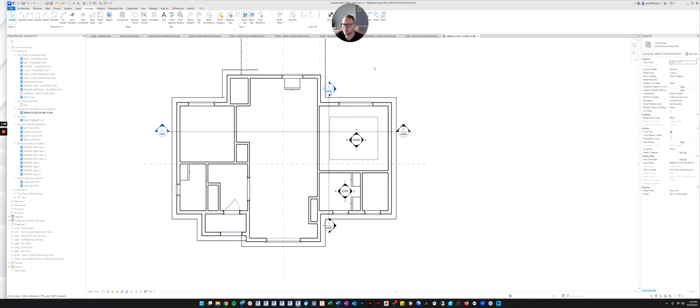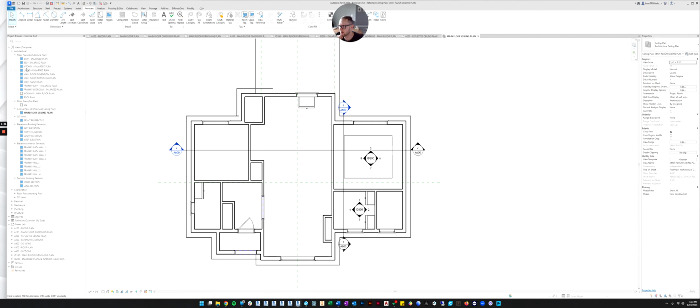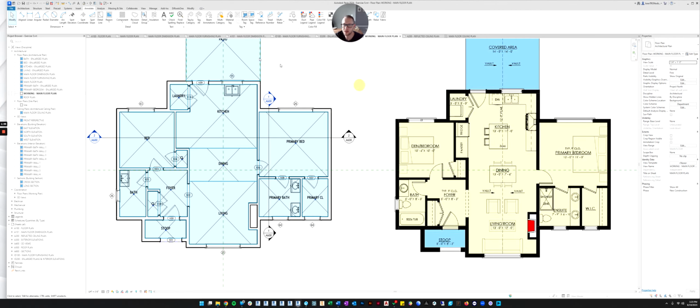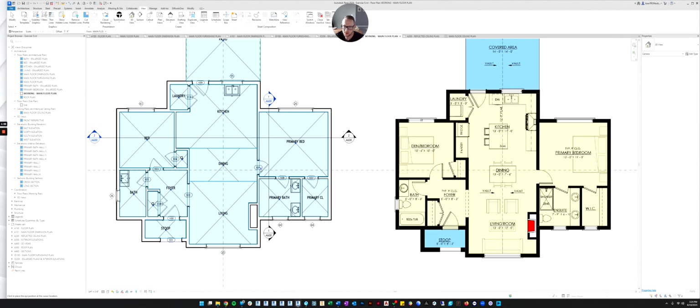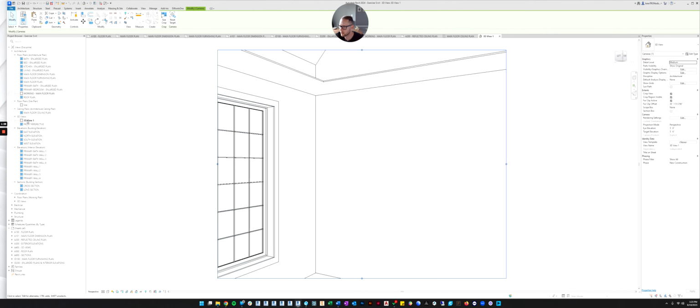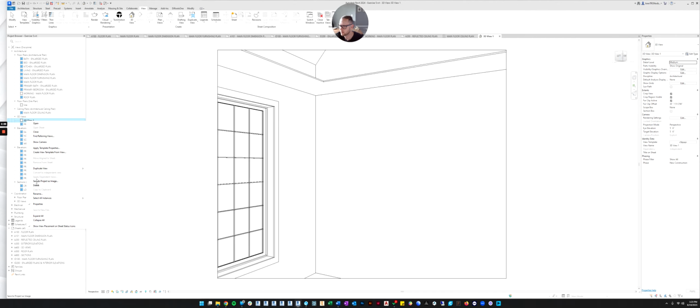The best way to see that is, we talked about making 3D cameras. Let me go to my working plan, and let's go to View, 3D, and make a camera view. Let's stand in the door and look at the bedroom like that. If we look over here in 3D, we've created a new view. Let's rename the view. Let's name it primary bed perspective.